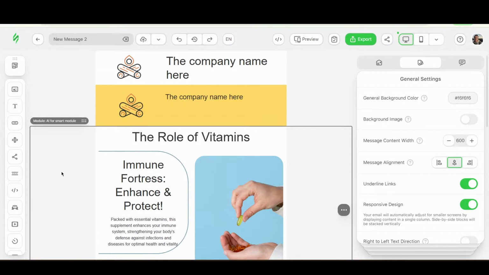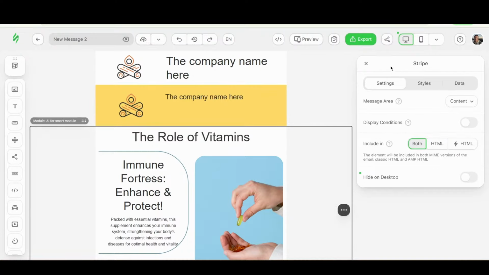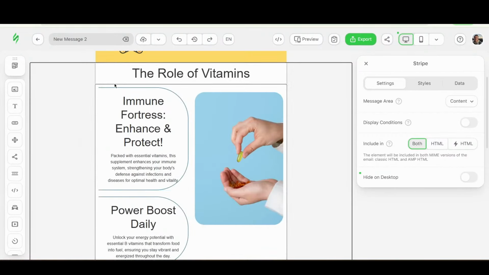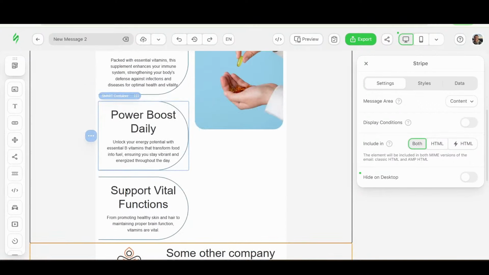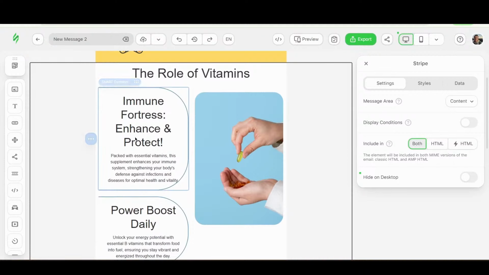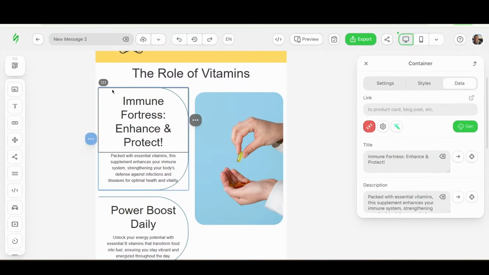So basically, I have a module. This is a Stripe that I have within. I have a smart container, another one, and the third one. Okay. And how to find the AI feature for the smart element. When I click on it, there is a data tab. In this case, it is activated. And as you can see, there is an additional Improve with AI icon. So what it does is